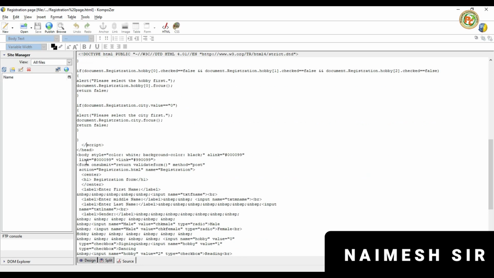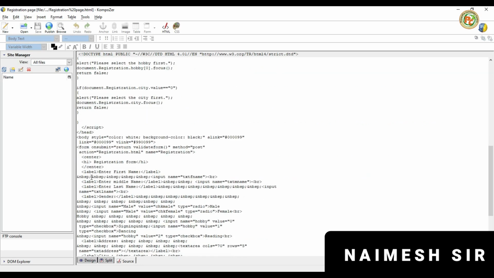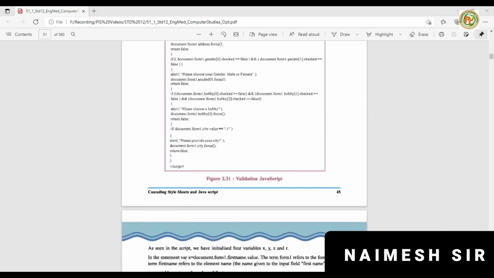Okay now students, this way we can use JavaScript, because JavaScript is the most powerful tool to validate your form. JavaScript is client based, because before we submit the form, all the data entered should be in a proper format. That's why JavaScript is used. So students, this much we have learned in this.